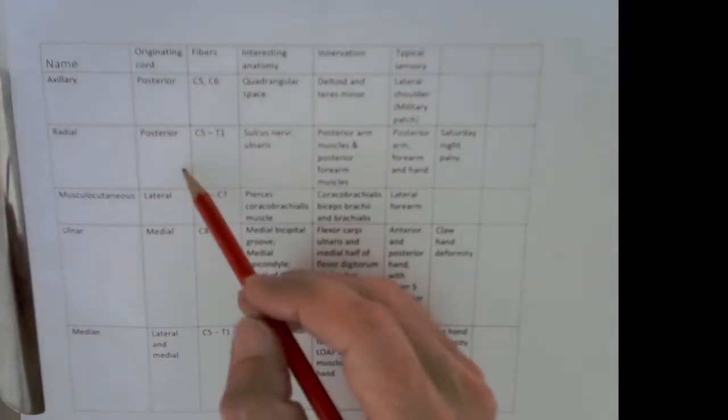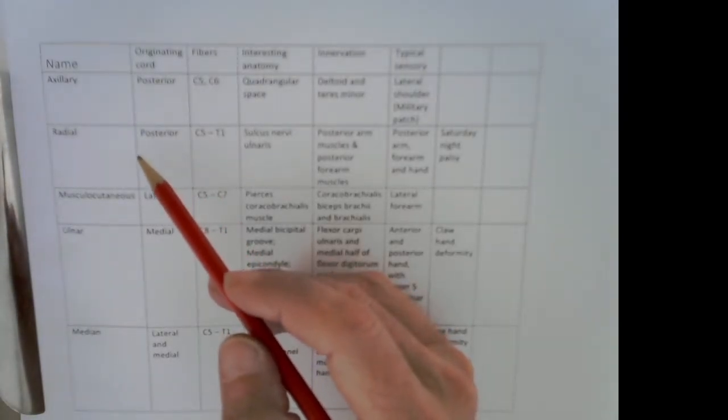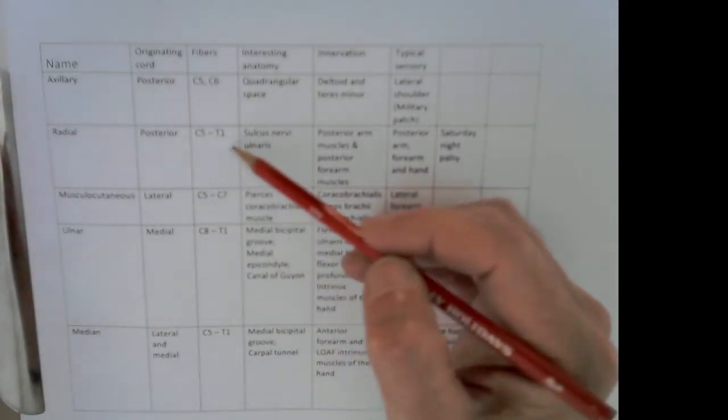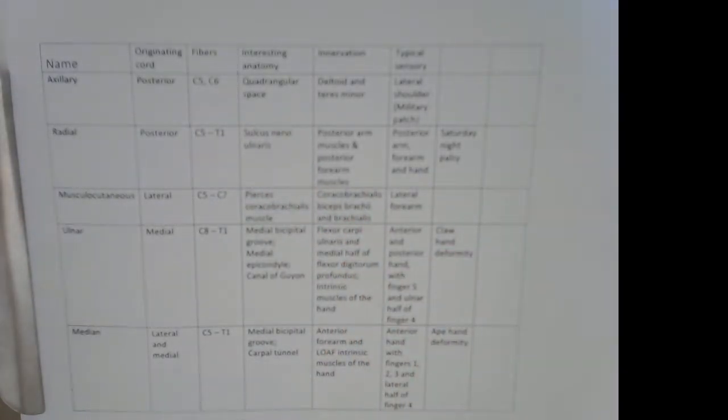Radial nerve is coming as the largest branch of the brachial plexus, and its origin is the posterior cord. The posterior cord, as you remember, was made by a union of three posterior divisions of the superior, middle, and inferior trunks of the brachial plexus, so we're not surprised to see fibers from C5 all the way down to T1. Once the nerve runs through the armpit, it is on its way towards the posterior side of